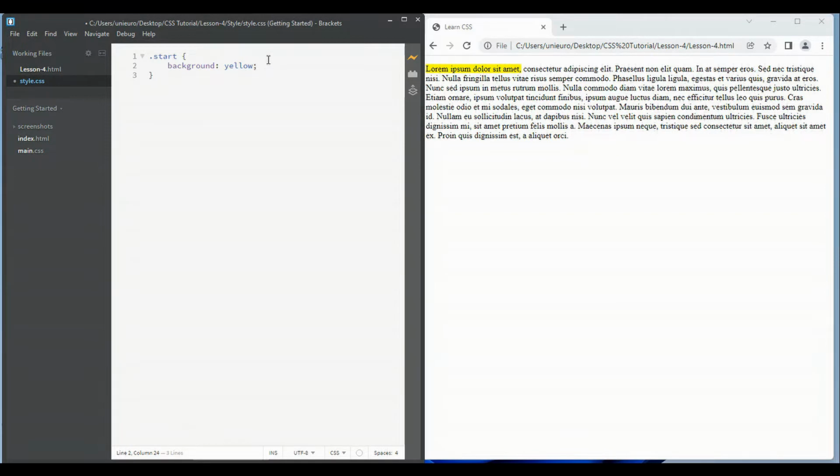Now we want to change the font weight. To change the font weight we should use font-weight, and we want to use bold, and the size we want to make it bigger. We can use